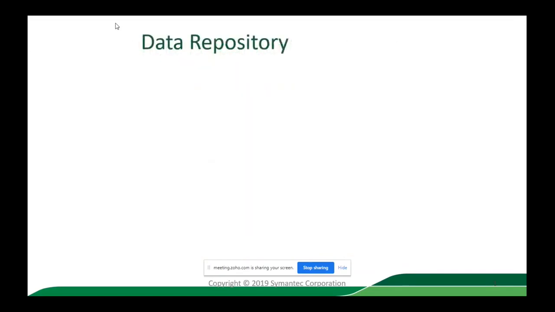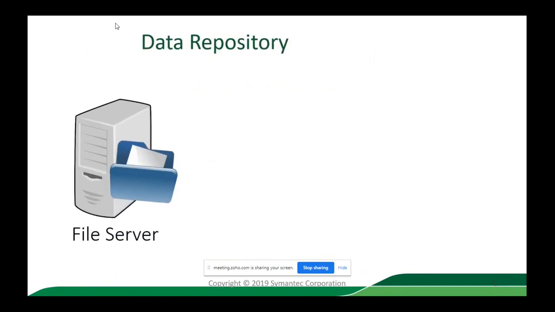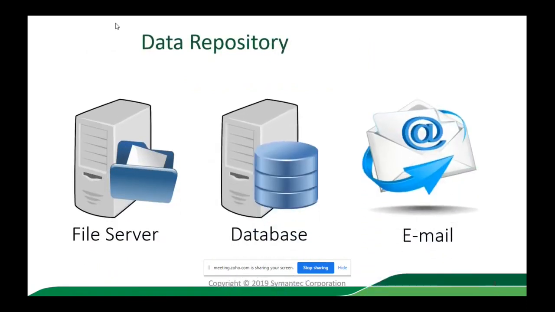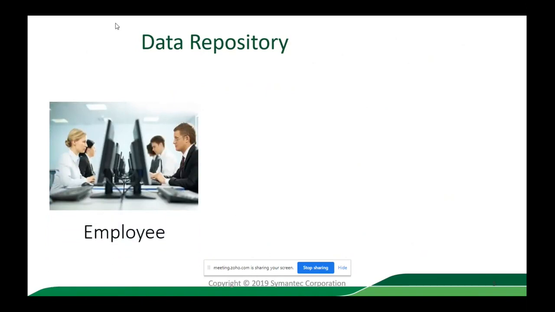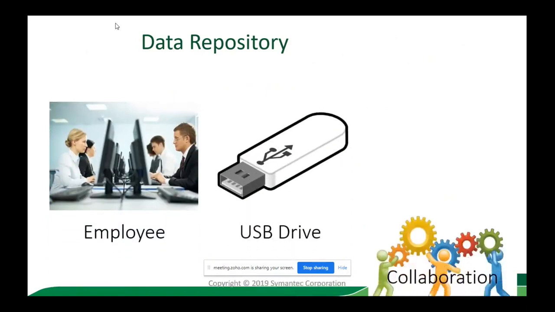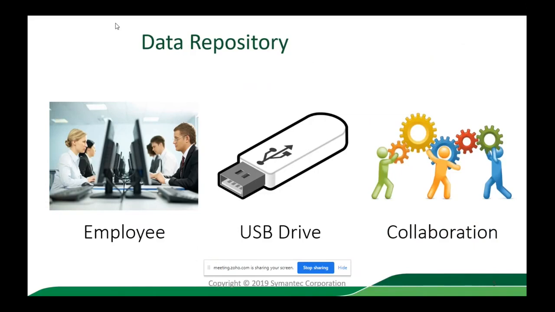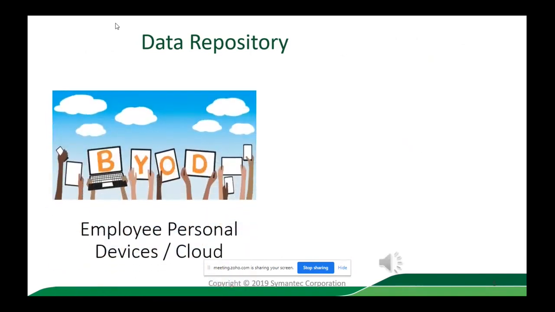So in our organization, where is our data? Mostly it is on our file servers, in our databases, and in our emails. Like most organizations, for them to be able to communicate, they usually use email as the official communication tool. Also, our data is with our employees, in USB drives, in collaboration platforms like Dropbox, Google Drive, and so forth. Nowadays, employees use their own devices. For example, you are probably accessing your emails also via phone, or you probably have other corporate data